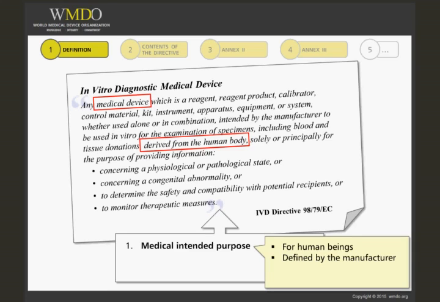It's up to the manufacturer to describe in their instructions what their intended purpose of the device is and place it on the market in exactly the same way, and this would determine whether it is an IVD or not. So it's very important that manufacturers make it quite clear what their intended purpose is for the product and then make sure that they continue to sell it in that way, for example, in their marketing literature,